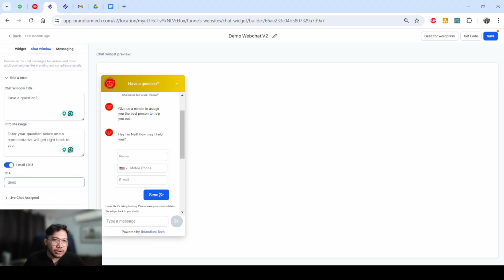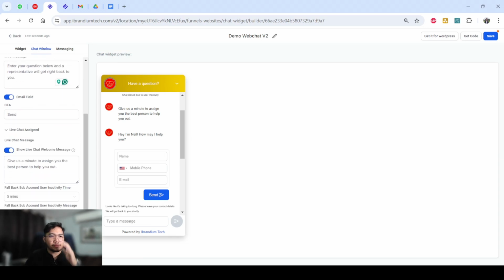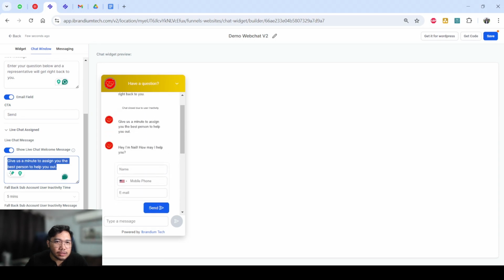And the CTA, you can also put other text, but it should be okay with the default version. This is the live chat assignment. So basically, the live chat message is actually like this. After someone submitted a certain